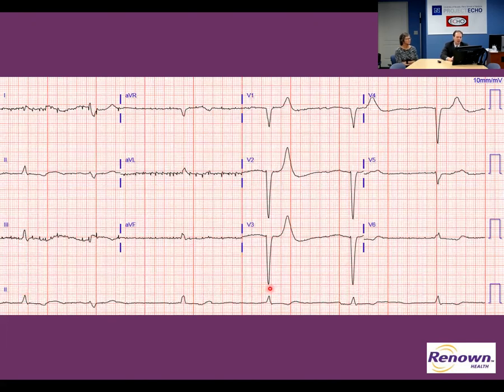It looks to be just above 20 beats per minute, except that you have this one little probable PVC there. So 1, 2, 3, 4, 5, 6. 6 times 6, of course, is about 36. So it's about 30 beats a minute, this very slow rhythm.